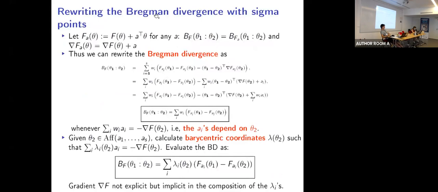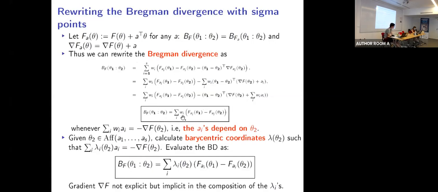What we have done for the KLD, we can do in general for Bregman divergences. Because, as I told you, Bregman divergences are defined modulo some affine term here. So we have some flexibility in choosing the vector parameter A. And we can rewrite the Bregman divergence like that, okay? And we make, again, some average, weighted, non-uniform here. And if we choose our AI so that we have this weighted average, which is equal to this quantity,